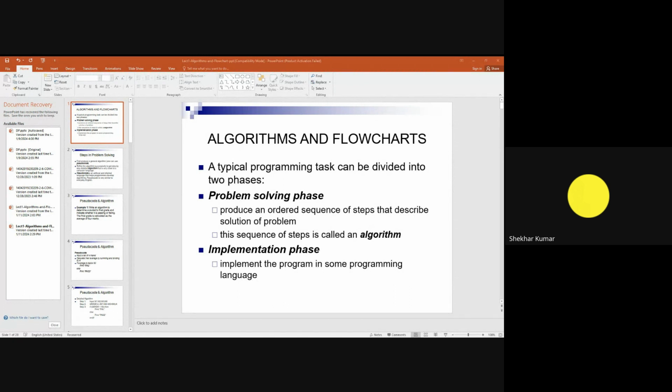Okay, the first one is the algorithm. Can anyone tell me what is the algorithm? Any one of you? Is there any idea? Okay, no idea. So algorithm